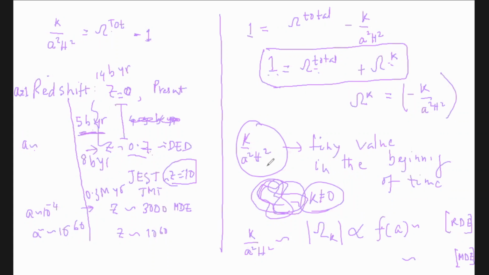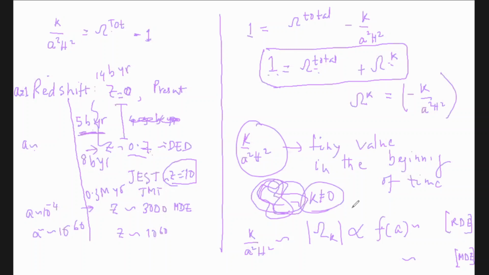So you asked me why you were scared to ask. So I just told you to find out the form of this: how omega k varies as a function of scale factor in radiation dominated era. So omega k is basically constant by a squared. You have to put just a squared value of radiation dominated era. I am asking you to do it again and again because these are the basic assumptions, basic things in cosmology. So it will scale linearly proportional to it. Other people, please do it, then we'll have the answer.